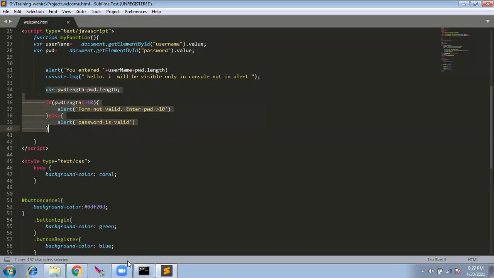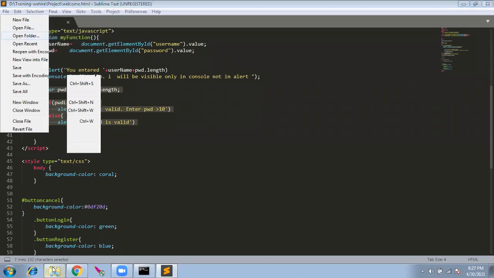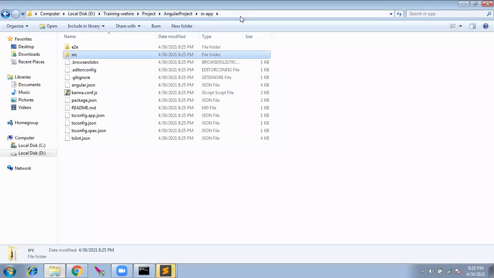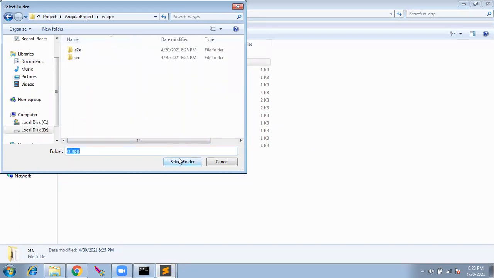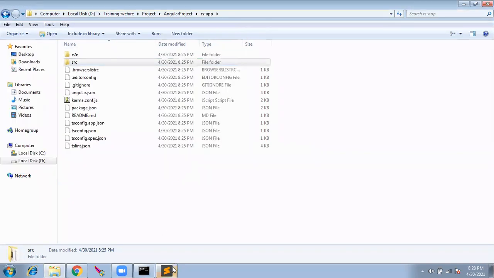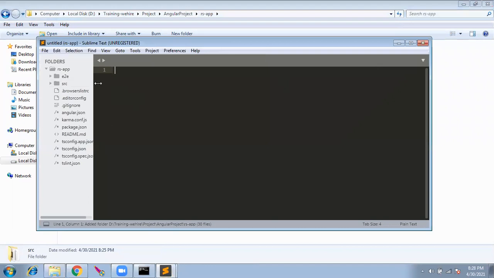So yeah, this is what we did that day. Open folder, and I'm going to select this folder so that I can open this in Sublime. Select folder, so I can see the same directory structure in Sublime now.